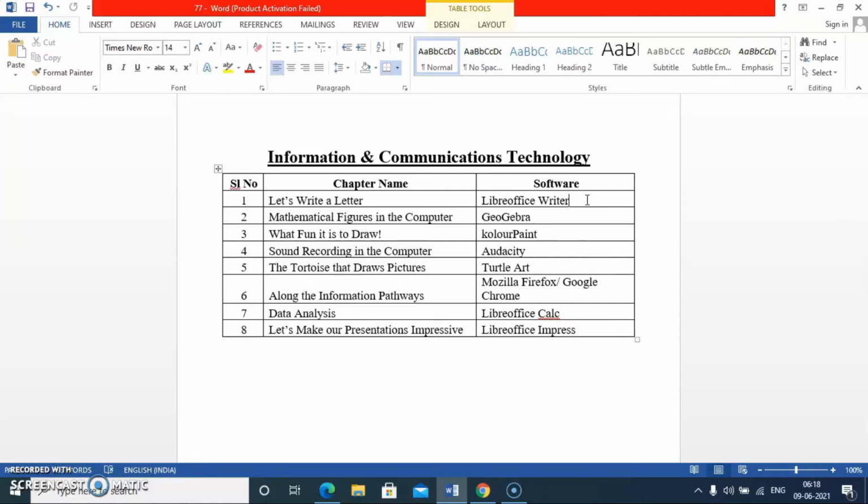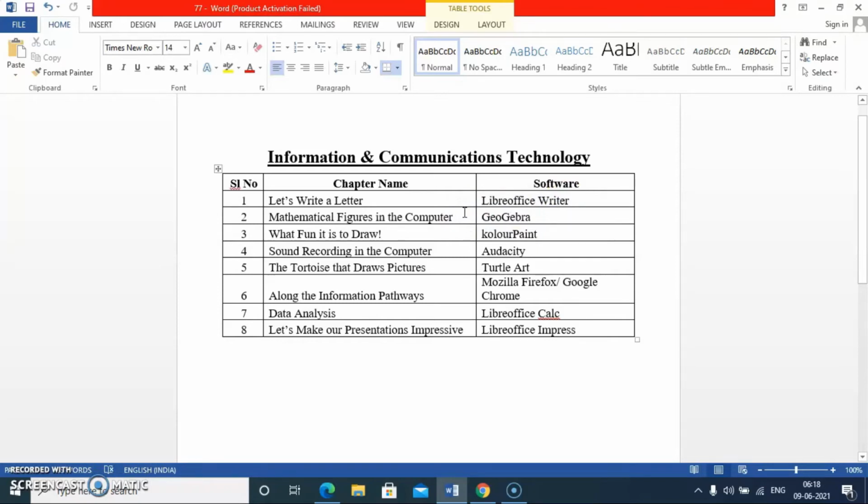How to create a birthday card, how to write a letter, how to format a letter. All these things will be studied in this first chapter, and we are using a software called LibreOffice Writer.